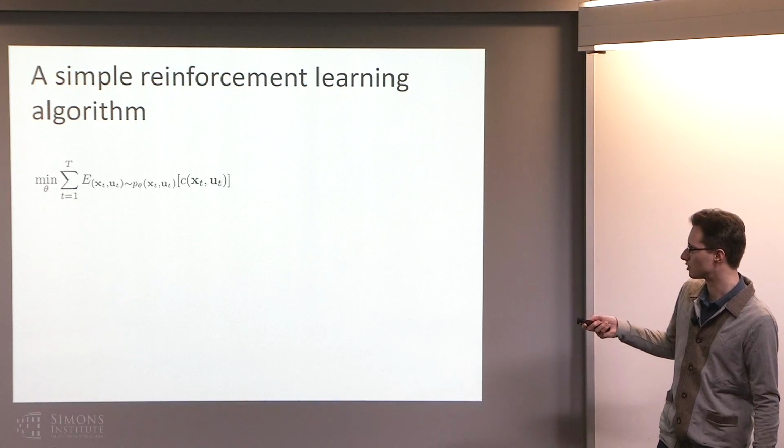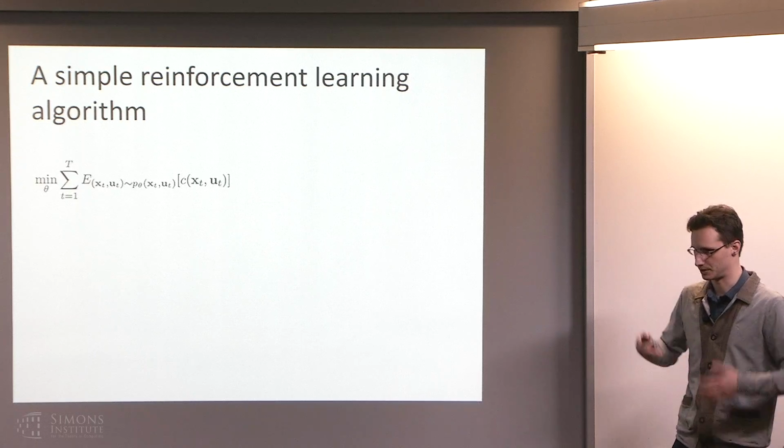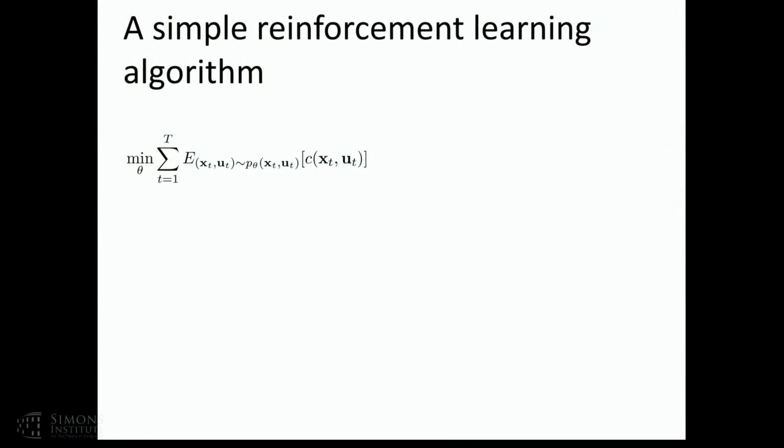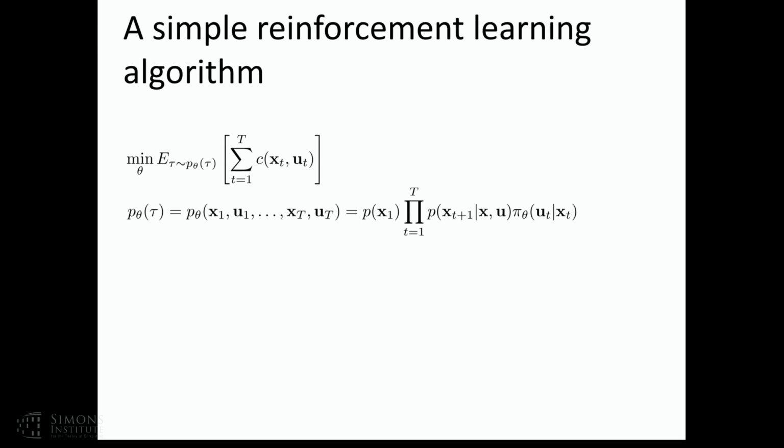Just to remind you, the problem we're trying to solve now is to minimize the expected cost, so it's the same as before. And now we're going to try to do this without actually trying to fit the dynamics distribution. So how can we do that? Well, we can write down our distribution over trajectories. For notational clarity, we'll say this is an expectation with respect to this distribution over trajectories of the total cost of that trajectory, which we'll abbreviate as C(tau). Keep in mind that inside C(tau) there's actually a sum.